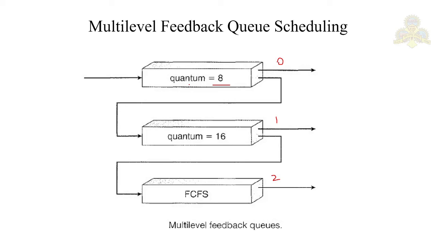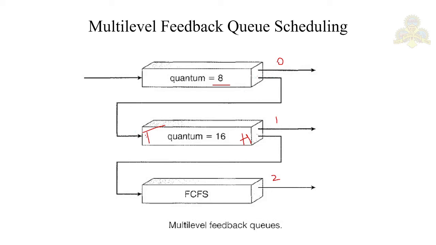Okay. So if the process does not finish within these 8 milliseconds, then that particular process would be executed for 8 milliseconds, then removed from Q0 and put into the tail of Q1. Okay, this is the head here, and this is the tail of the queue. So whenever a process executes for 8 milliseconds and needs more time to complete its execution, it would be removed from Q0 and put into the tail of Q1.